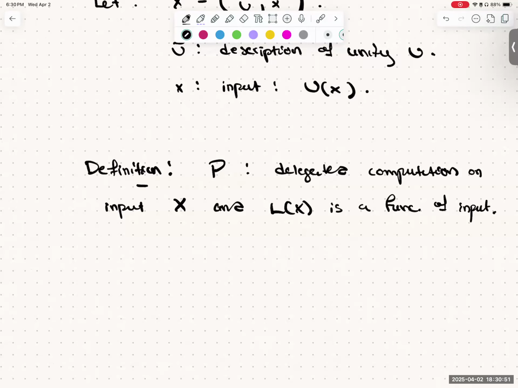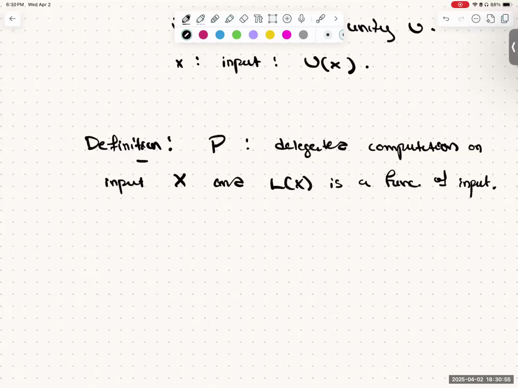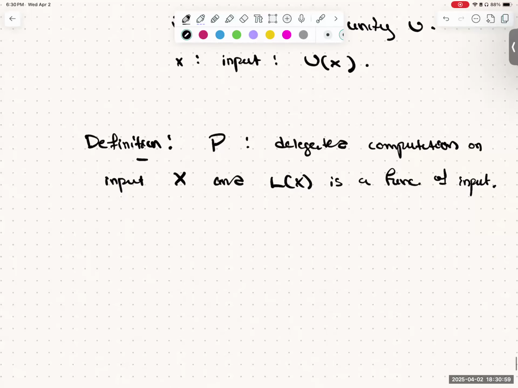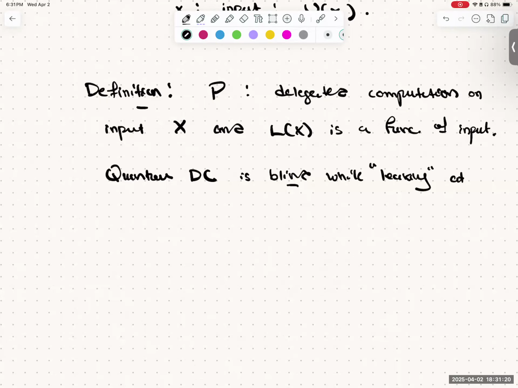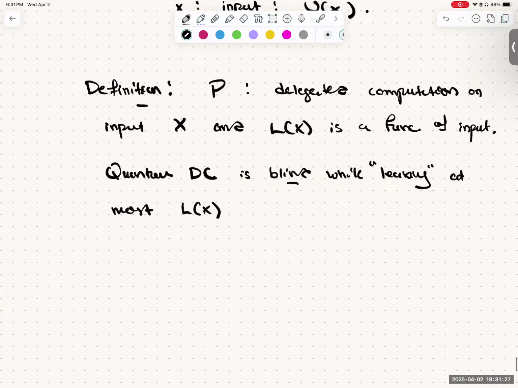So I think that for us non-crypto people, this is probably the crux of what's going on, and this is probably the part that is least intuitive to me. A quantum delegated computation, I'll just write as DC, is blind while leaking at most L of X if, for any fixed Y equals L of X, we have,